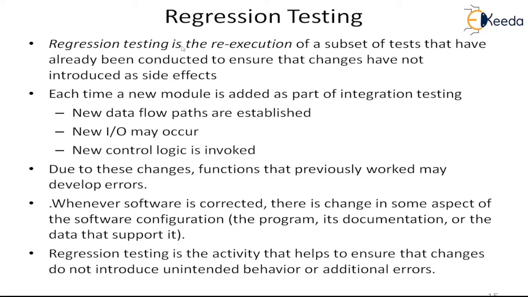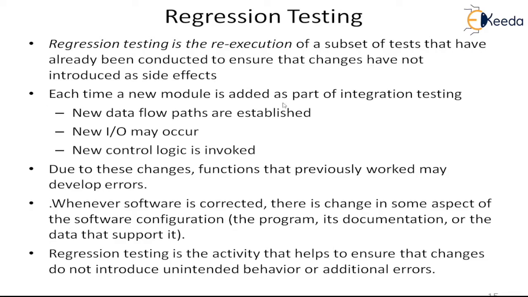The purpose is that you have tested something earlier, but you made changes to some modules. So you have to check that inadvertently some side effect might have gone into the modules which you have not changed, because there is collaboration between the modules of a software. When you change one, something might have happened to another module. That is why you have to create regression test cases, keep them ready for each software, and keep re-executing them each time you make a change.